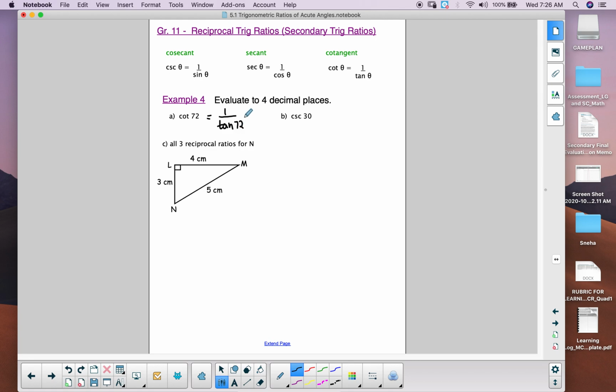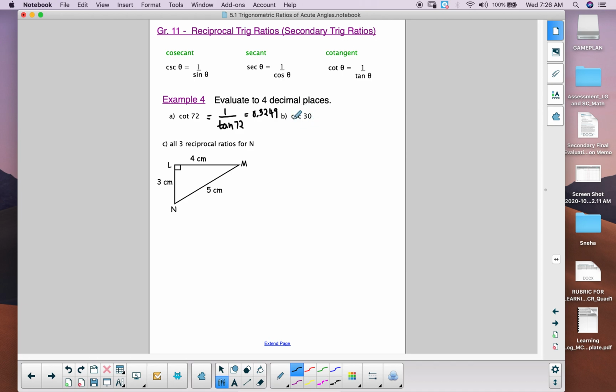And that works out to 1 divided by 3.0777. And because they want the answer in 4 decimal places, it will be working out to 0.3249. Okay? Similarly, if I was to find the cosecant of 30, I cannot use my calculator, but I know